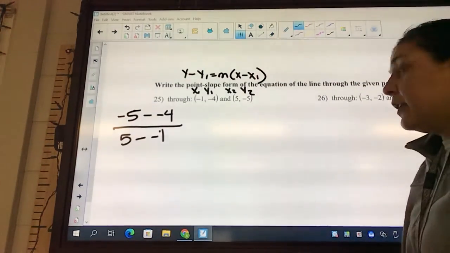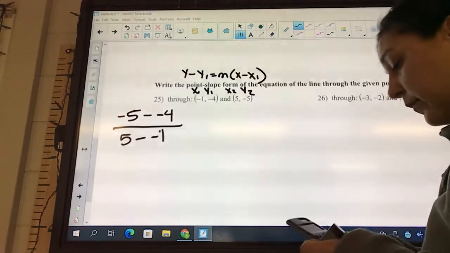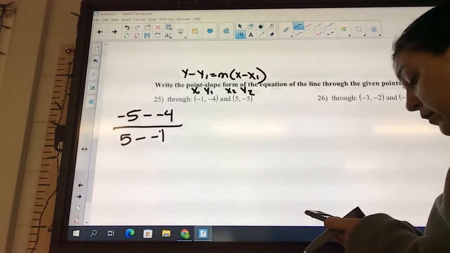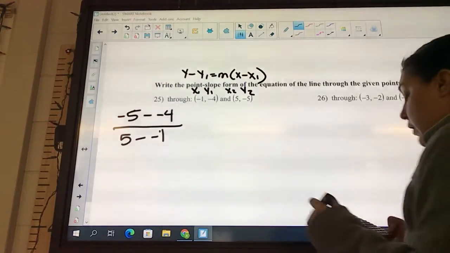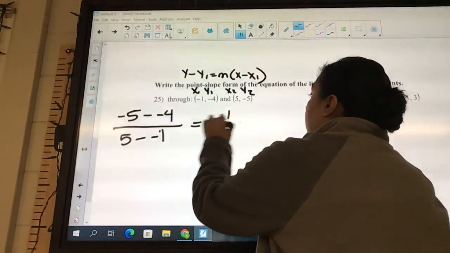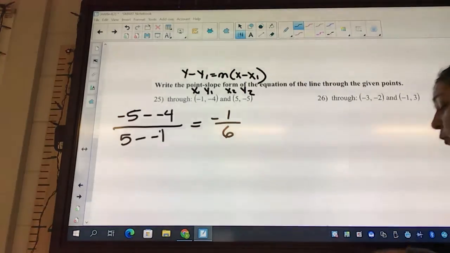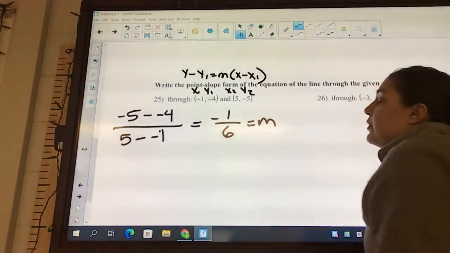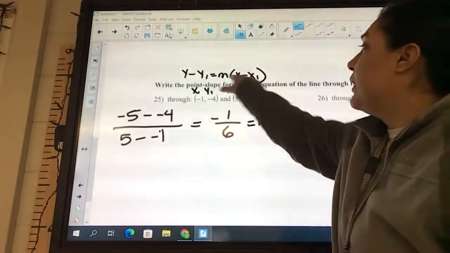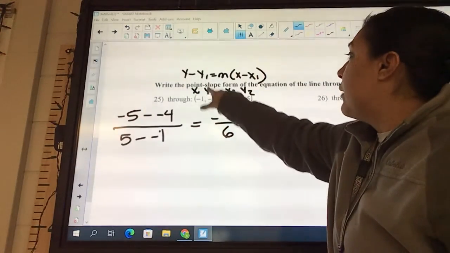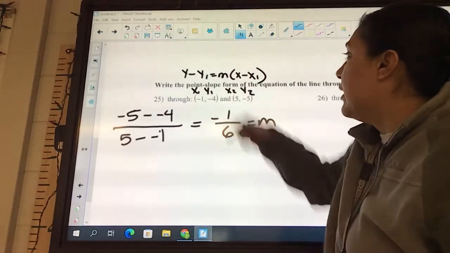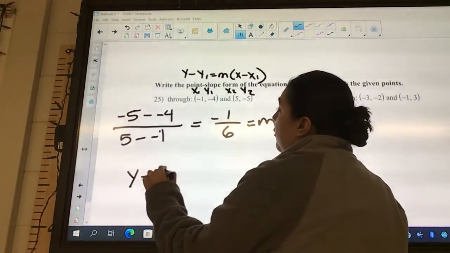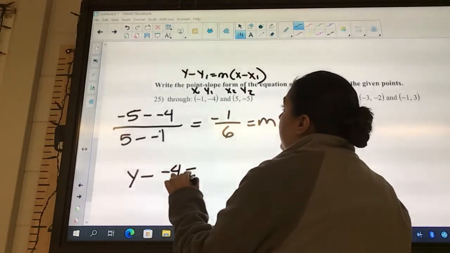So we can type that in our calculator. You should get -1 over 6. What is that? What did we just find? Well, this is really our m. So now, do we have enough stuff to plug in here? Well, I got a y1, I've got an x1, and I've got an m. And so now we can go ahead and plug it in. So we say y minus my y1 is -4 equals